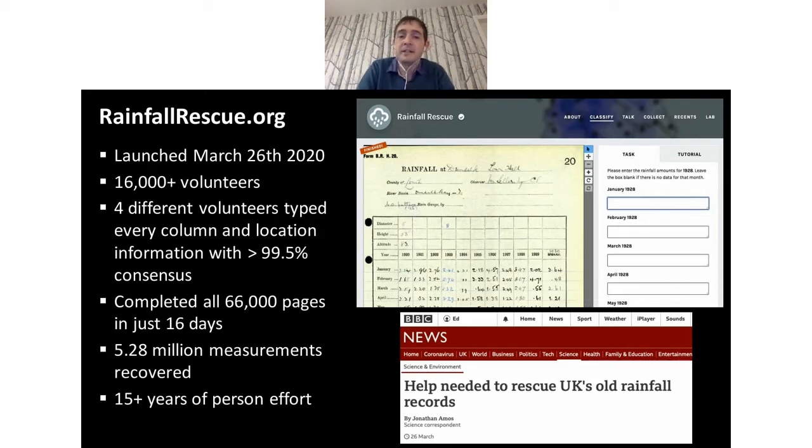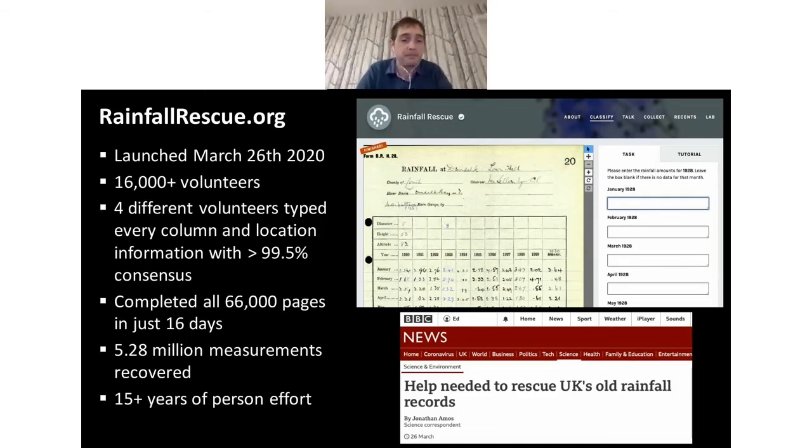So we set up the website and launched it, and we were quite frankly shocked and amazed at the response from the volunteers. It was a full-time job just to keep up with the volunteers as they were chewing their way through the sheets at a rapid rate. And in just 16 days, all 66,000 pages had been transcribed 4 times. So 4 different volunteers typed every single number and the location information, and the consensus between those volunteers was extraordinary. We only had 0.1 or 0.2% of the observations where there was disagreement with volunteers. So we were very, very confident about the